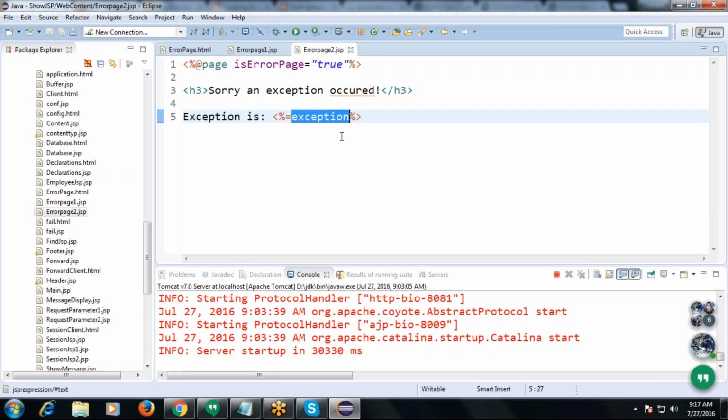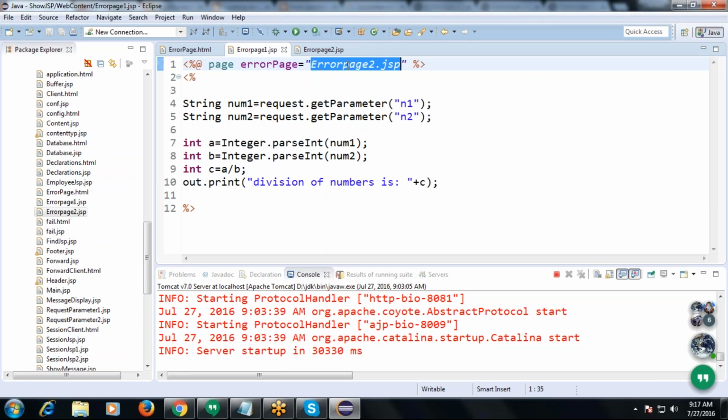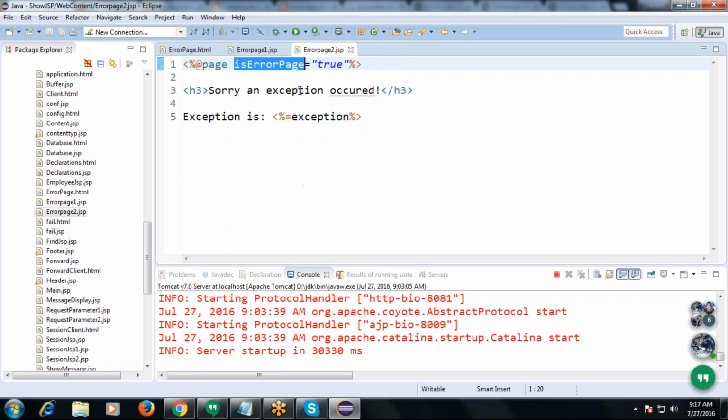To show the exception message, we used one more attribute for the page directive, which is called isErrorPage equals true. What is the meaning of that? Here errorPage equals some JSP file name we gave, but in the other JSP file we wrote isErrorPage equals true.